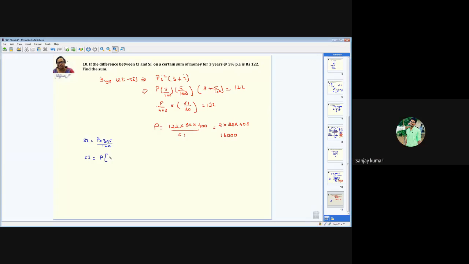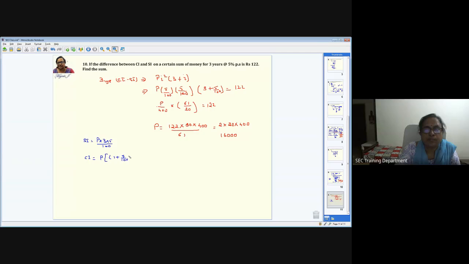And then compound interest, when you find, that is lengthy. You have to go P into 1 plus R by 100 to the power N minus 1, so 1 plus 5 by 100 to the power 3 minus 1. It's not that easy. You have to just take the difference of these two, which is equal to 122. So compound interest minus simple interest is equal to 122. And then apply this and get it. Not that easy to do it. You still can do it, but I want you to try this. Will you do this? Yes, ma'am, sure, ma'am. In your notebook, when you do it, please expand this and then do this one. Maybe certain things will get cancelled. So try this also.